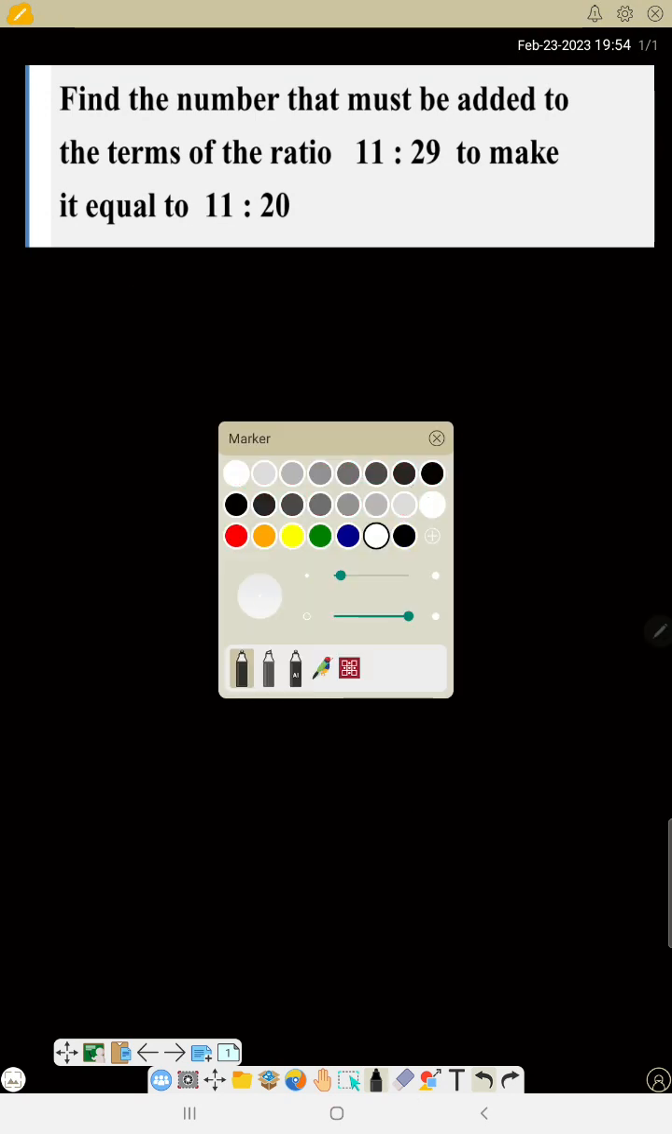This part of ratio: find the number that must be added to the terms of the ratio 11 ratio 29 to make it equal to 11 ratio 20. Meaning, what number can you add to these two numbers so that the ratio will now change to this? If we don't know the number, we can say let the